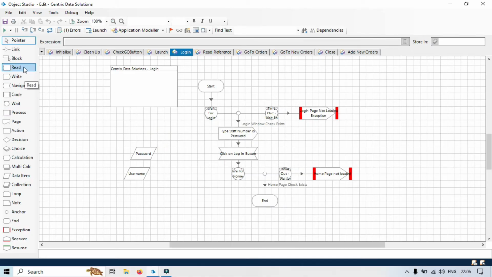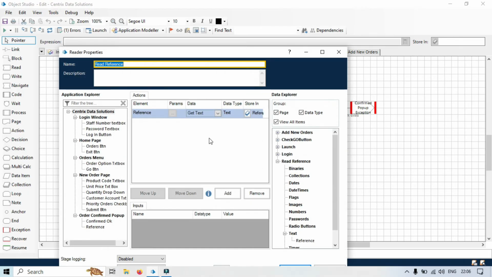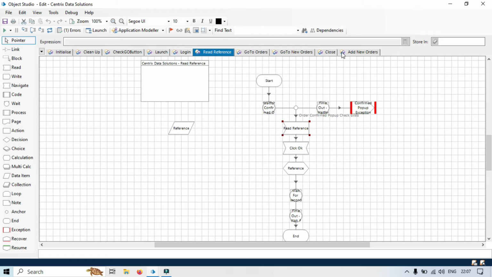So you can see here the read stage. This is basically used in the read reference pages to read the reference from the pop-up. You can see we are just reading this. So using the get text, we are getting the text data from the reference pop-up. So read stage is used basically to read the data or extract the data from the application's UI element.